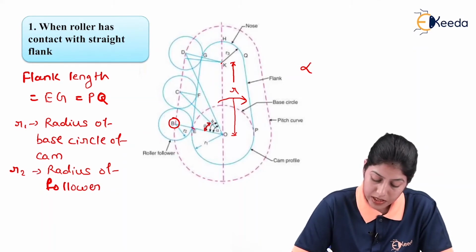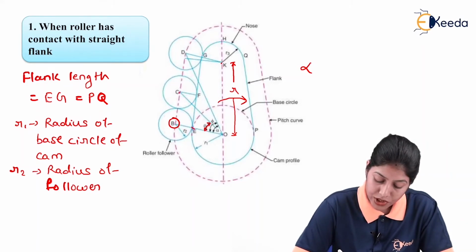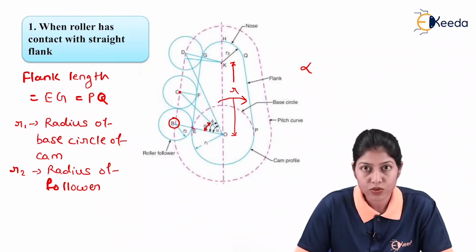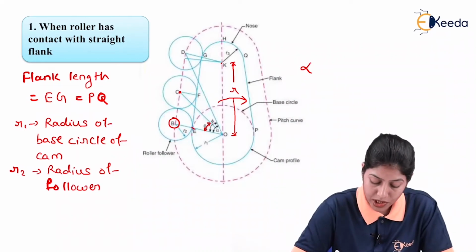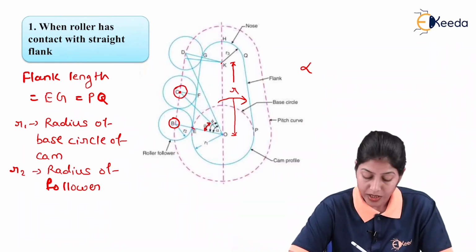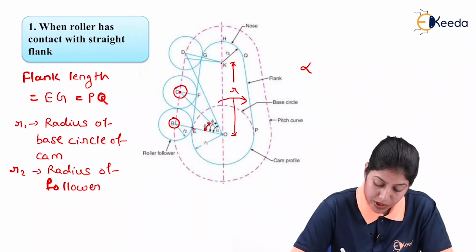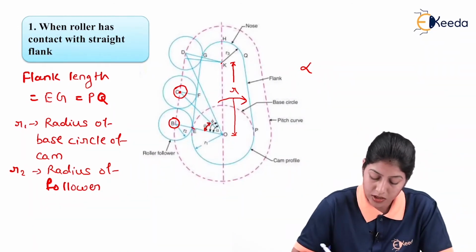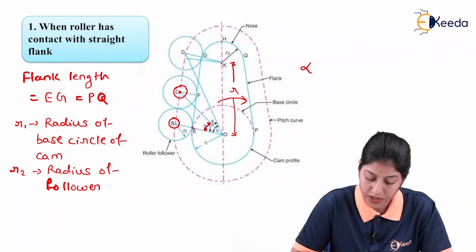After this theta angular displacement of the cam, the position of the roller follower will also change, and that position change is defined by this distance BC, or the center of the follower will change to C. In that case, this particular angle COB is defined as theta, or the angle turned by the cam from the initial or starting position of the follower.